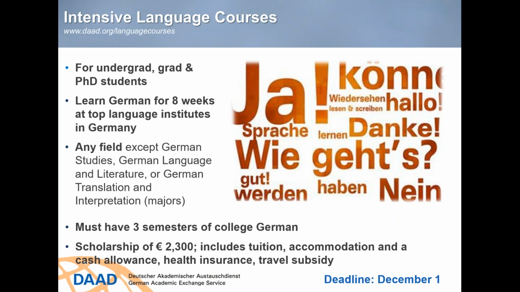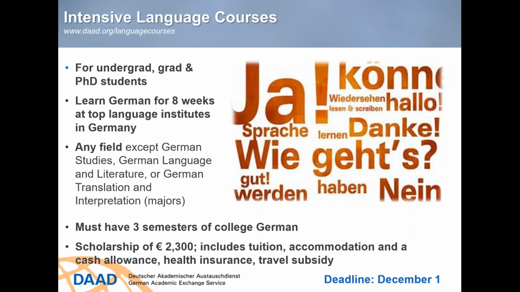What are the necessary requirements? So DAAD requires that the student have acquired at least A1 level German, which is roughly equivalent to 1 year of university instruction. So I see on here it says 3 semesters. Generally speaking, the information I have is that an A1 level will suffice. So it's a relatively low level. You can have a maximum of B2 level, which is usually what you would get after 2 years of university level German. So there's a window in here. You have to have some German, but not too much in order to qualify.